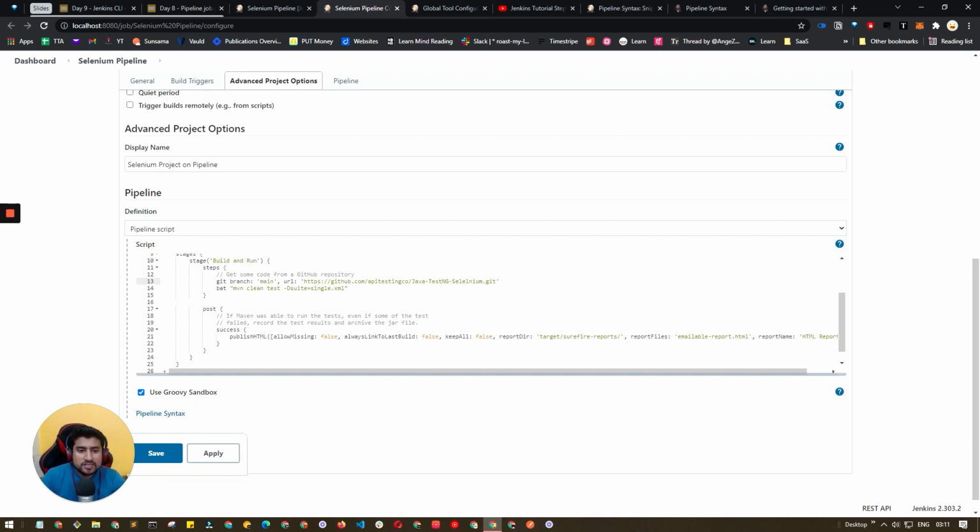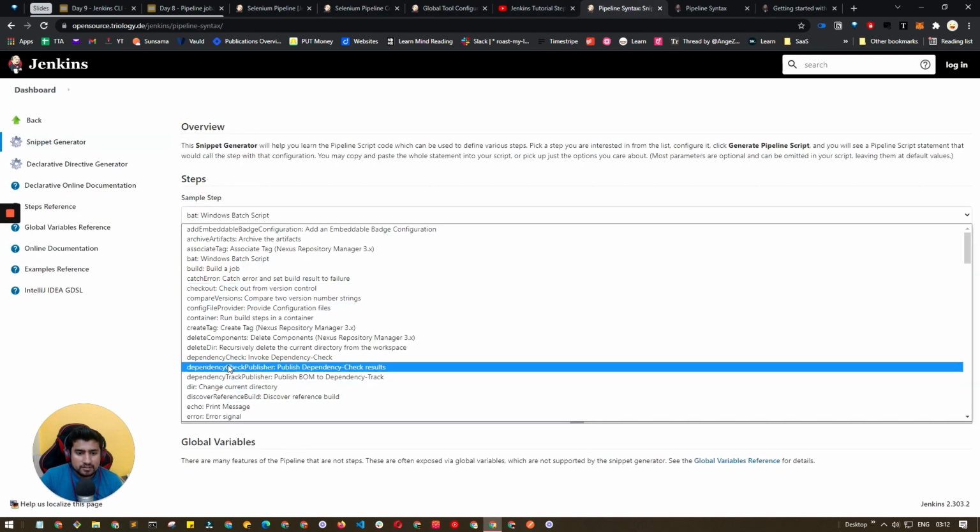Right, so what I'm doing is, this is actually the syntax, if you see, which is already available in the syntax generator of the pipeline, which basically says this is the URL of the git, and this is the branch I want to use, and you have to run this command, which is mvn clean test, and this file, which we are running in a project, right? And after that, you just need to publish this report. And how I have generated this, you will see here somewhere around